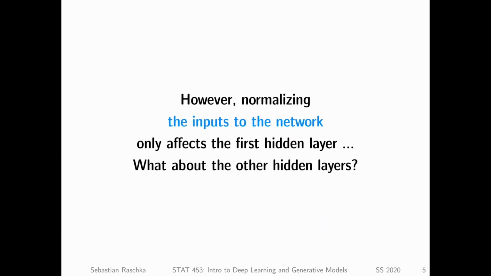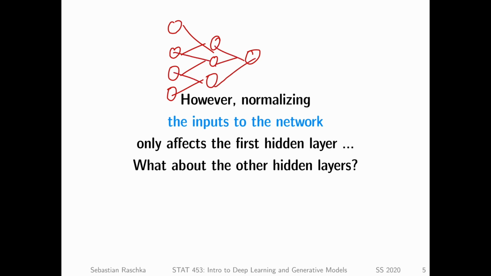So what happens now if we have a network with multiple layers? I have to connect everything again here. That's so much fun always. Okay, so this is my multi-layer neural network where almost everything is connected. I was a little bit lazy here, but you know what I mean.